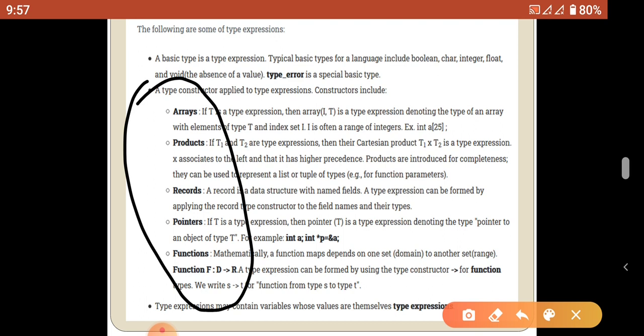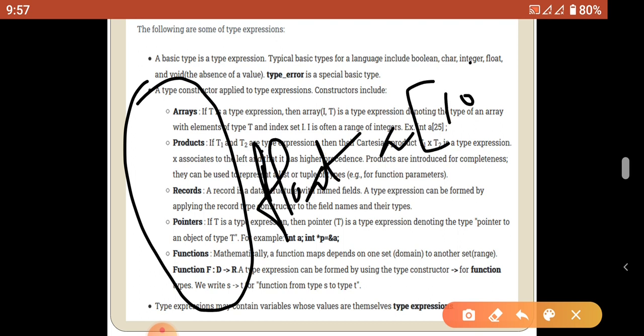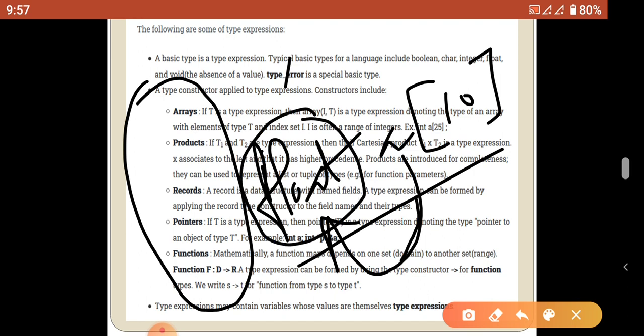One is array. Consider float a of 10. Everyone knows that the array variable may be of any data type. There are no rules that the array should be integer or float or some other. We can choose any data type for an array variable, but the size of the array, or otherwise the index of the array, should be an integer. This is the rule we apply for the array operator. When we use an array, we may choose any type of array, but the index should be a number, that means an integer.